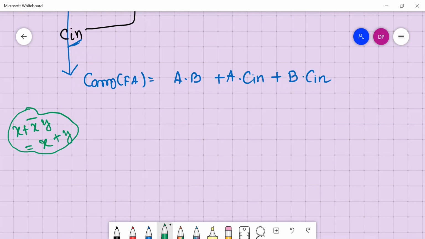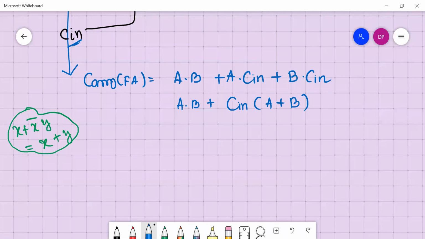So what I will do is I will take this a dot b plus I'll take this c in common. So this is equal to a OR with b.